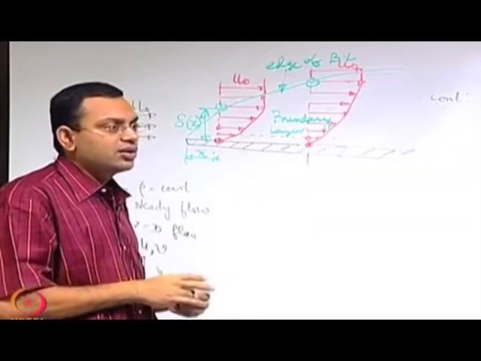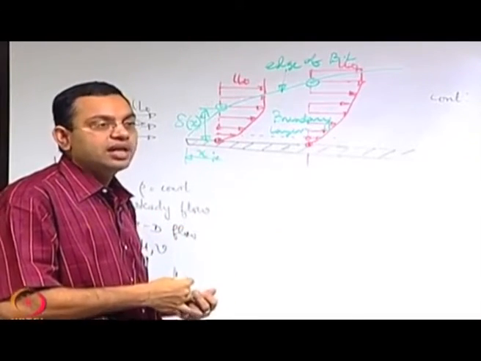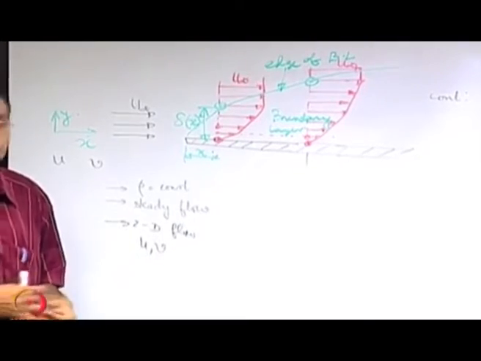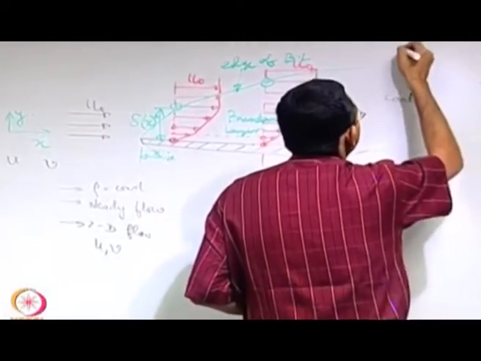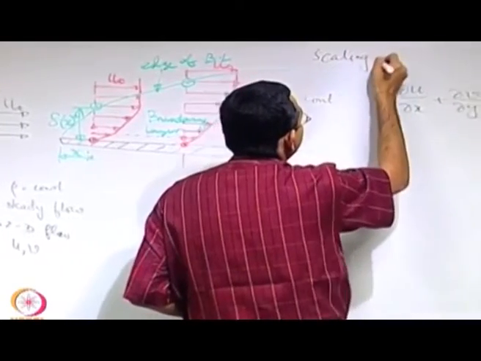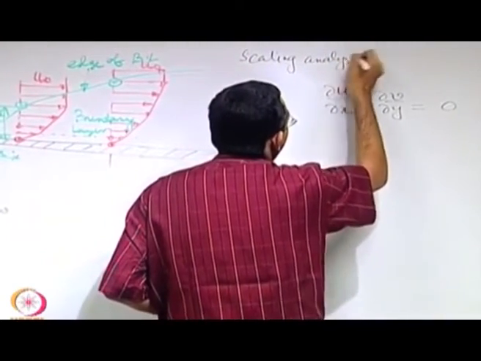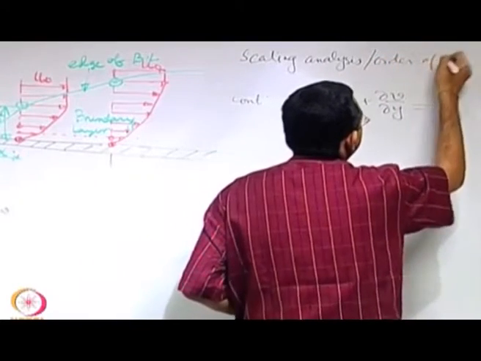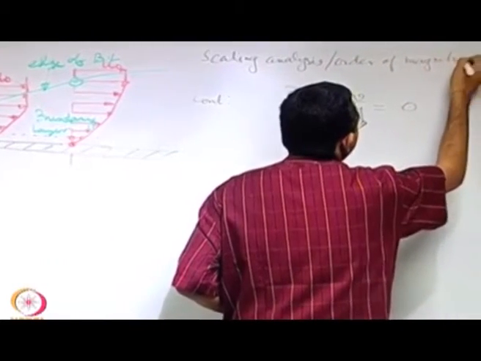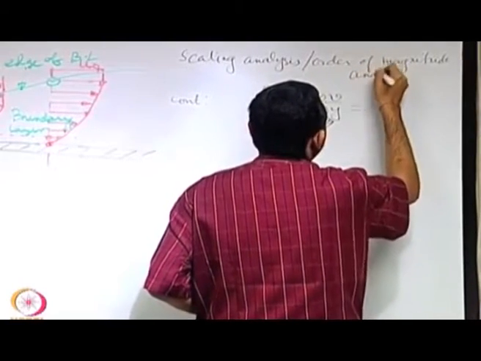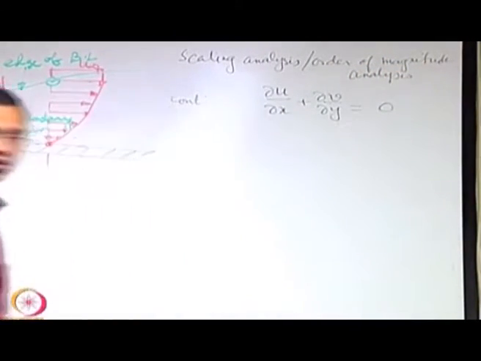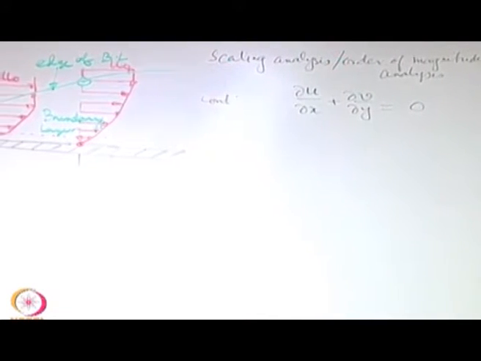So, for that, one important style of analysis is known as order of magnitude analysis or scaling analysis. So, we will look into that scaling analysis or order of magnitude analysis. This is a very powerful tool in scientific analysis, because we will soon see that without solving the equations we will have a fair idea of the order of magnitudes of various quantities which are governing the physical behavior. So, how do we do that?